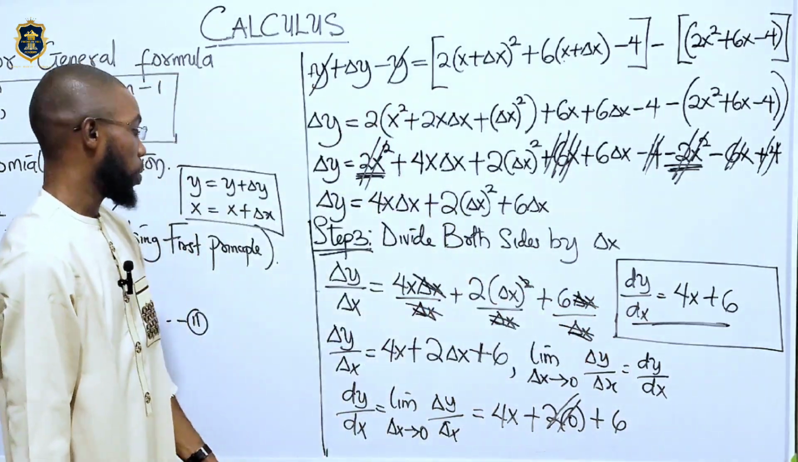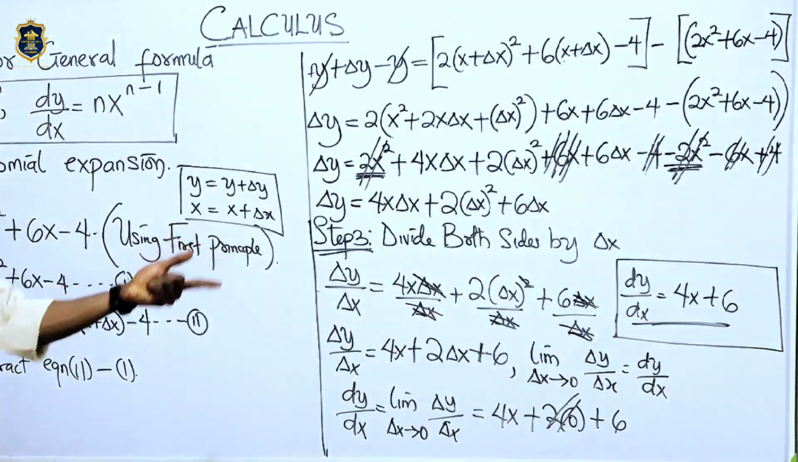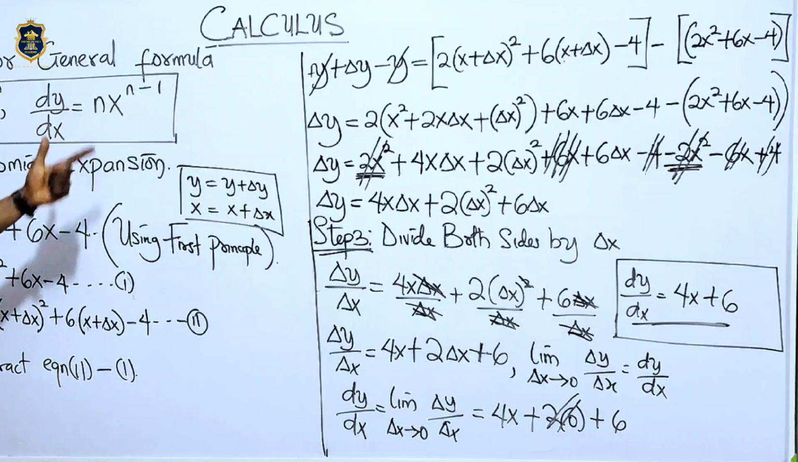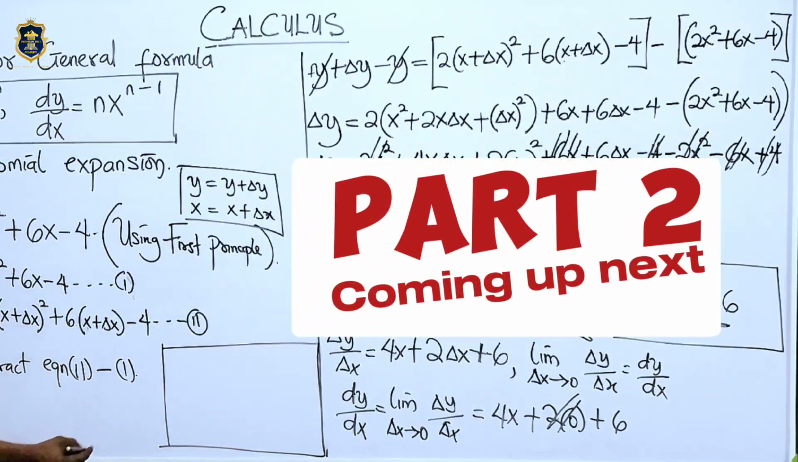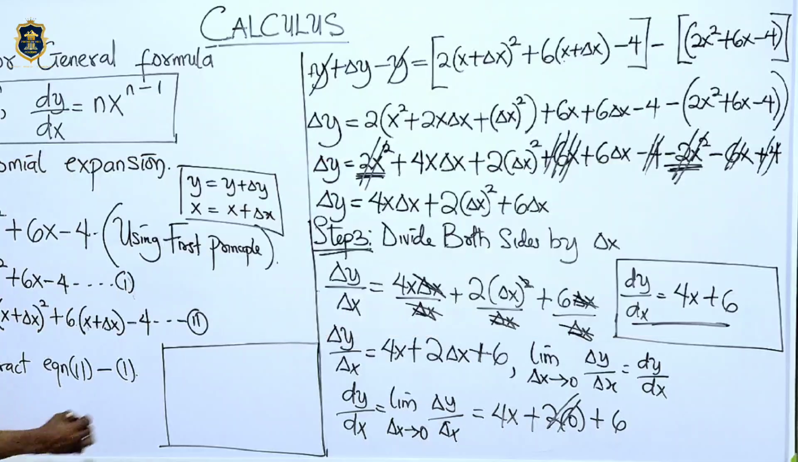Now this is the long method. If we apply a shorter method, we are still going to get the same answer. That's the proof we're trying to do now. That is by saying, if you want to apply a shorter method, like I've taught you, that if y is this,